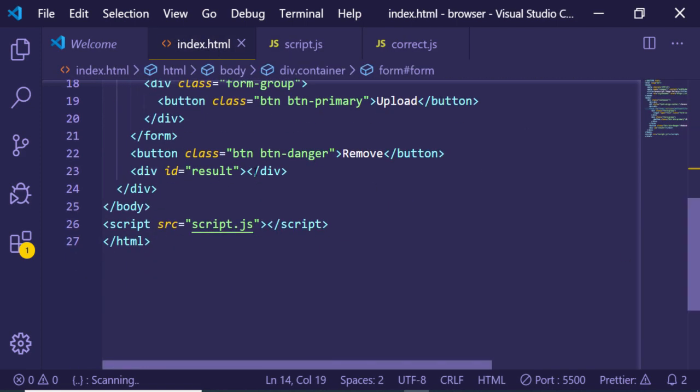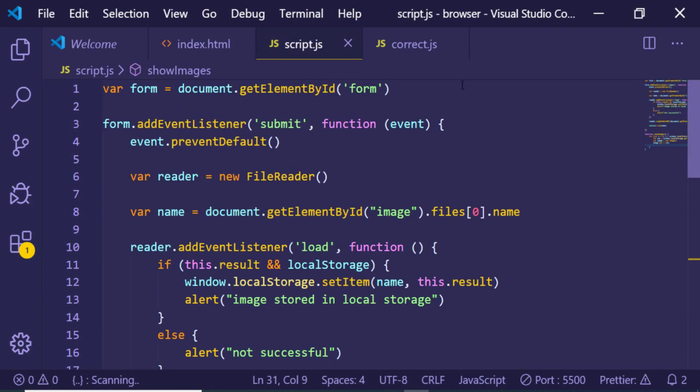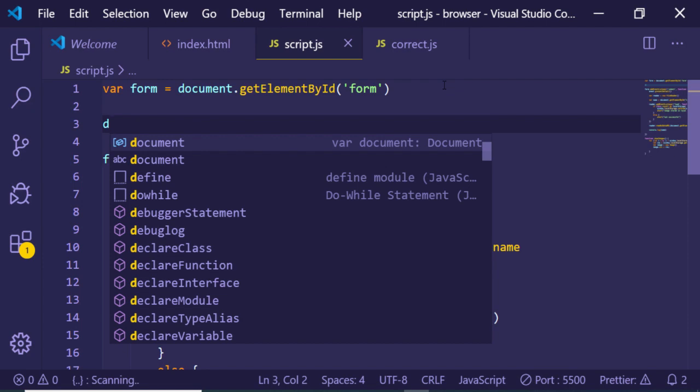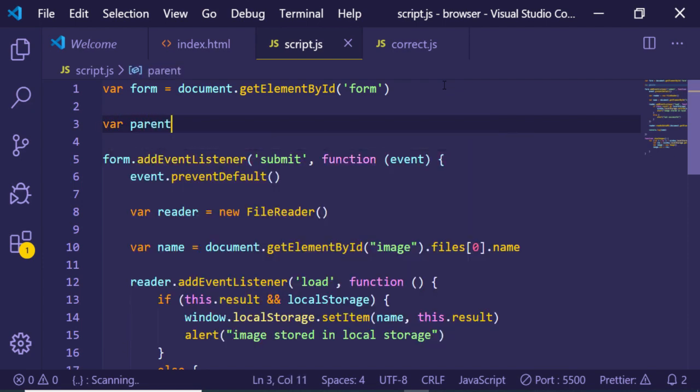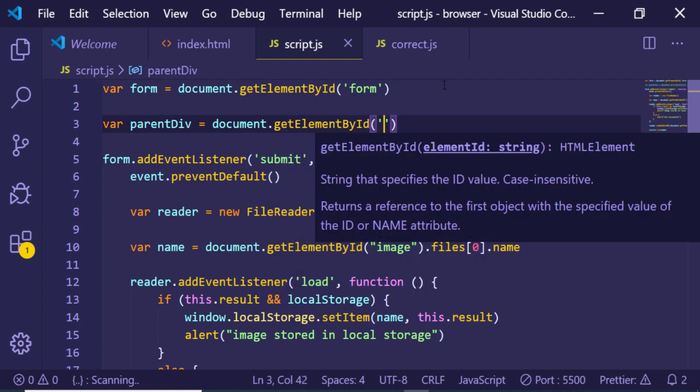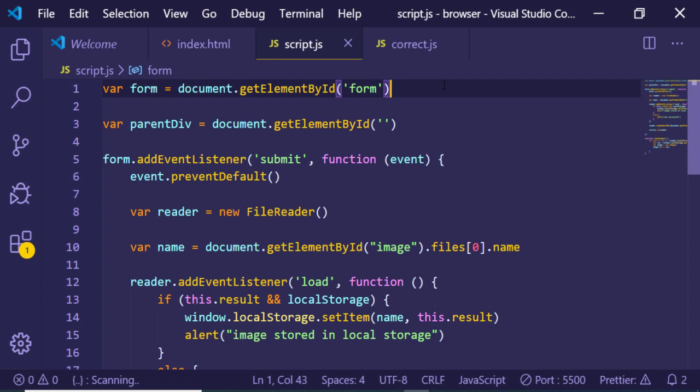I have given an ID of result here, and now we just need to get the reference of that. So right here at the top we can get the reference. Just declare a variable parentDiv, and this will be document.getElementById. The ID that we have given is result here. So just write this ID,